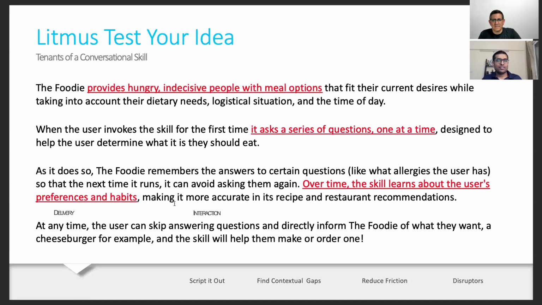It has gone to the point where the barista is a good friend of mine, and every time I come in, I don't have to tell them, they just bring me the same order again and again. So if I could build a skill that could learn about the user's preferences and habits, so that the user doesn't have to keep saying that again and again,